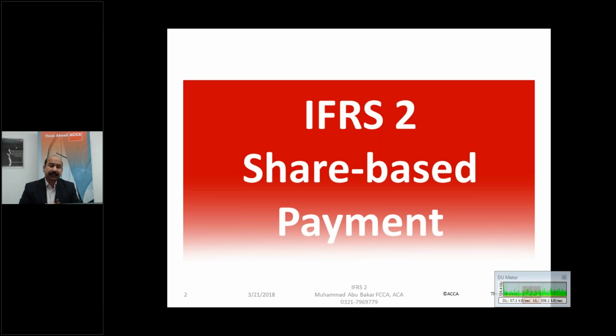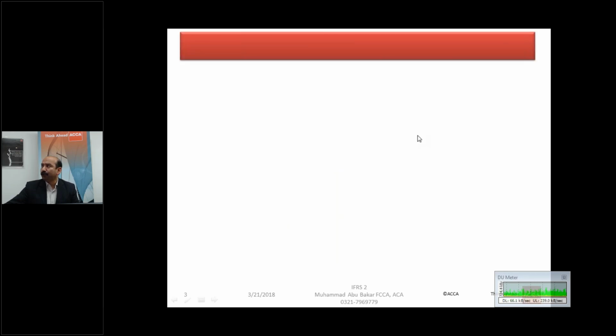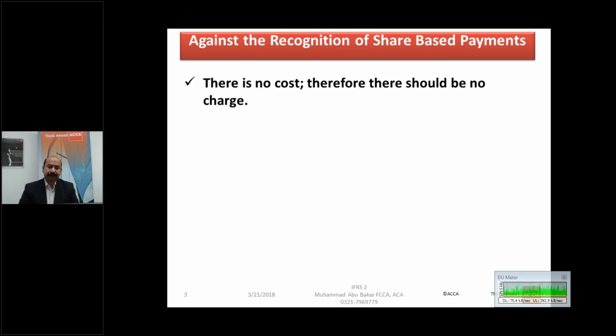Like other standards, this standard is not without argument. Some people feel that there is no need for this standard. They were against the recognition of share-based payments. So let's see one by one why they were against the recognition of share-based payment. Their first argument was,